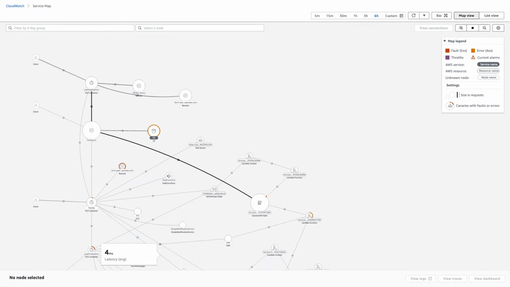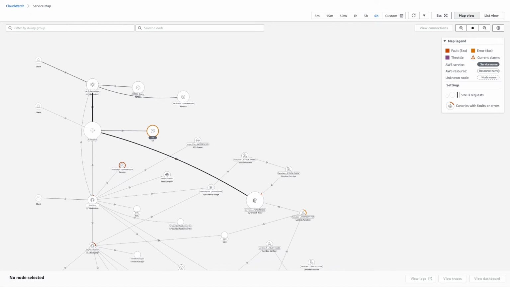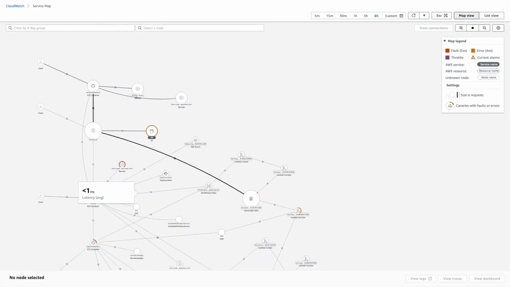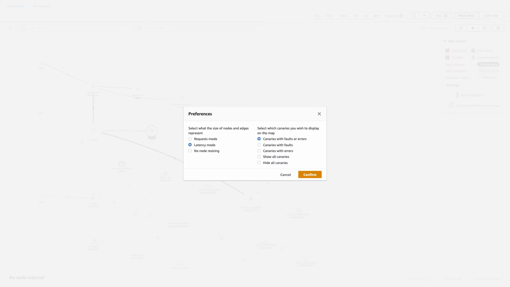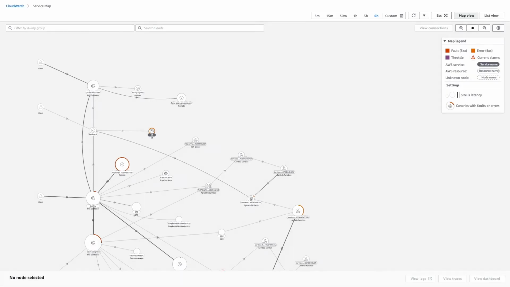A service map displays your service endpoints and resources as nodes, and highlights the traffic, latency, and errors for each node and its connections. As customers complained that it takes a very long time to complete a payment transaction, we need to change the display mode. By default, its mode is requests, but now change to latency mode. Now the page refreshed. Each node represents a service in the application.